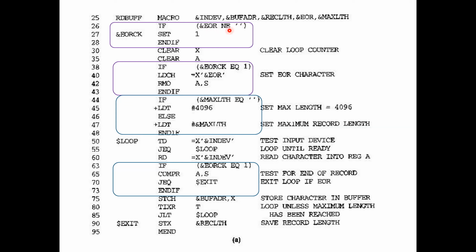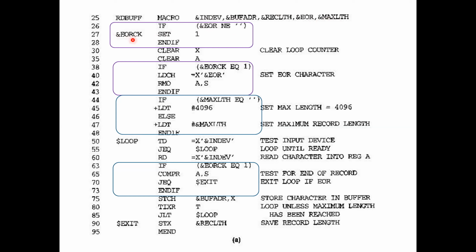So if this is true, then what are you doing? Here you can see a symbol defined with ampersand, &EORCK. It is not any of the parameters passed in the macro.